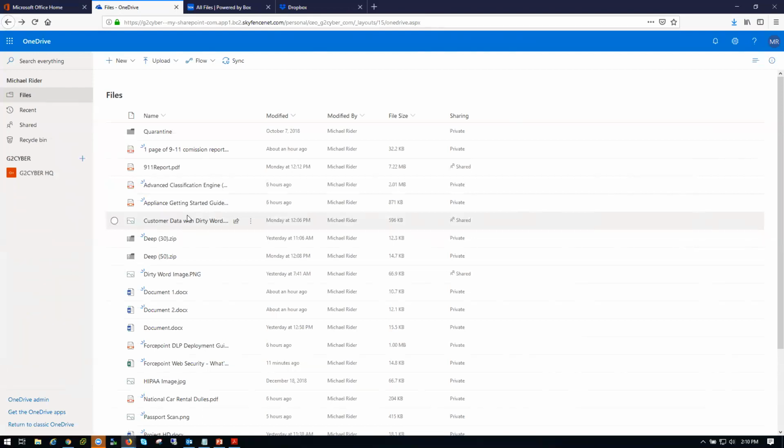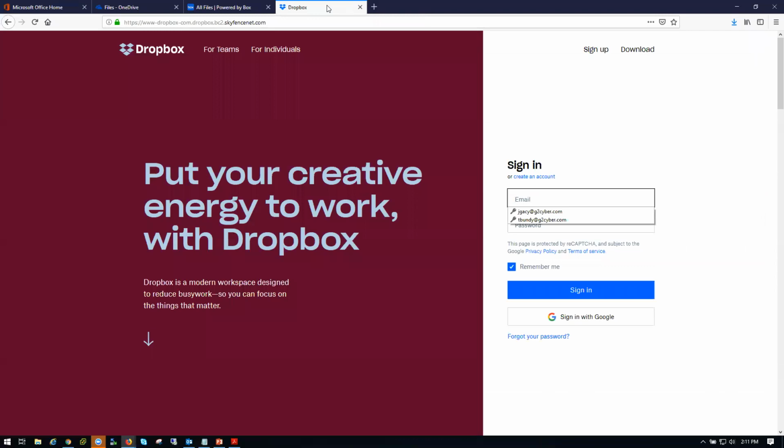The third use case is around blocking access to cloud applications based on the geographical location of the user. For the purposes of this demonstration, I have a rule in place that will block access to my Dropbox account if my IP address is not located in South Korea. Again, just like the last use case, this policy is extremely flexible. You can allow unfettered access to your cloud applications, or you can select 1, 2, or multiple countries where access is permitted. So I'm going to jump over to my Dropbox account